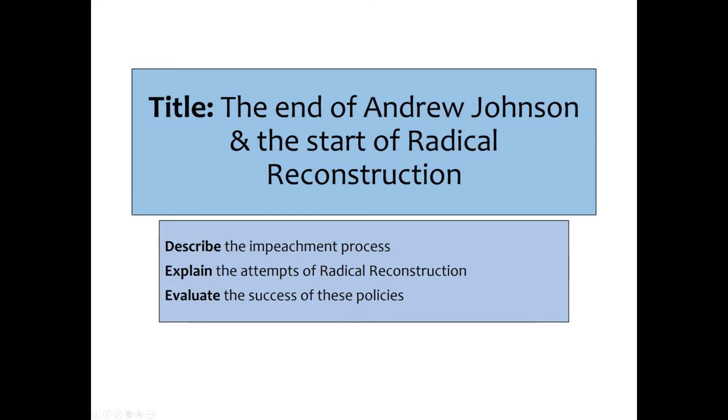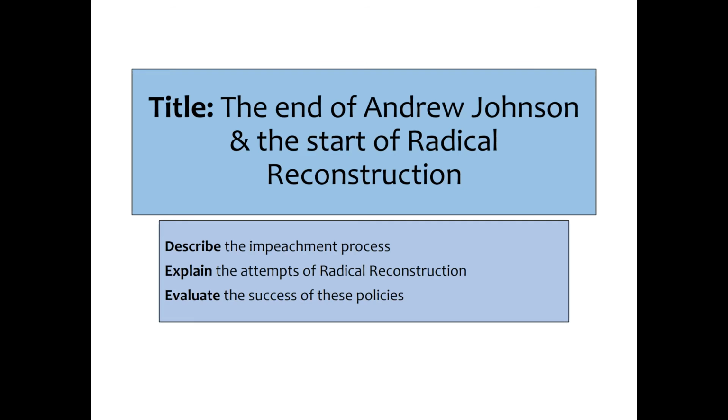Hello, and today we're going to talk about the end of Andrew Johnson and the start of Radical Reconstruction. So by the end, we'll be able to explain how he was nearly impeached, how that really did cost him his political capital, and how it cost him the election and leads to Ulysses S. Grant taking over. We'll then look at his attempts at Radical Reconstruction, and we'll evaluate the success of these policies